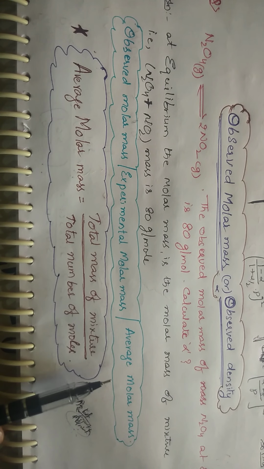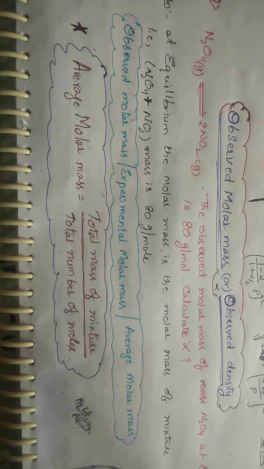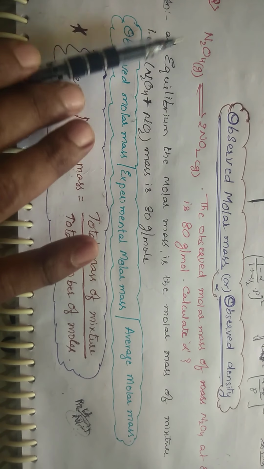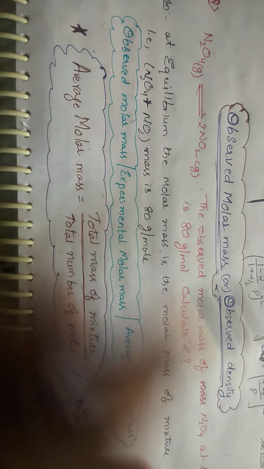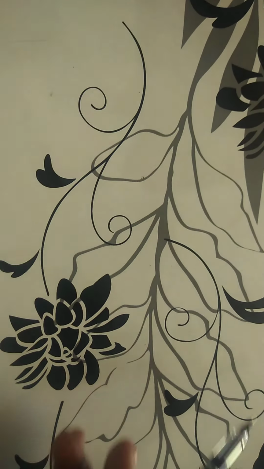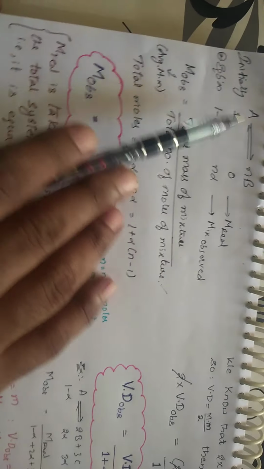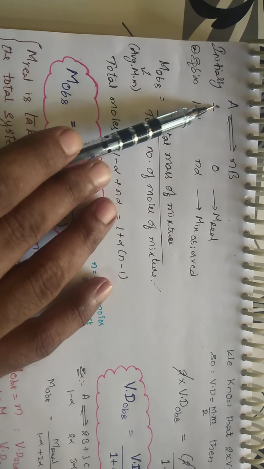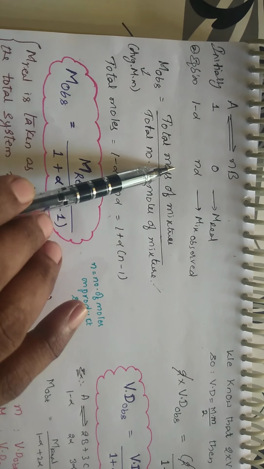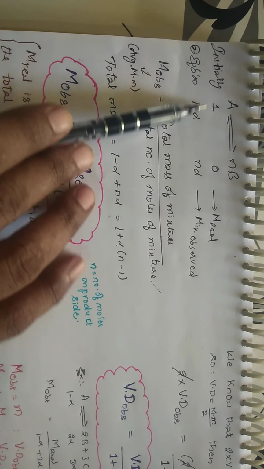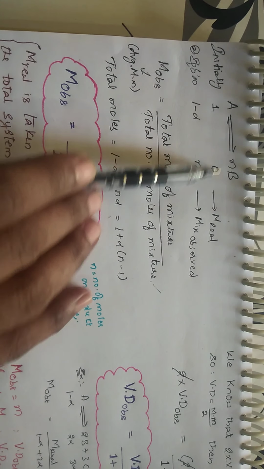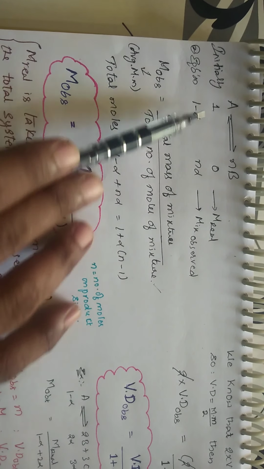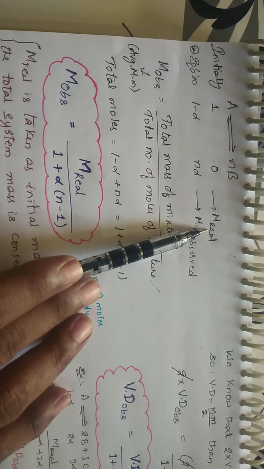And that weight, whatever you are finding at the equilibrium, is not the weight of a single component. It is the weight of both the components, products as well as the reactants. Right? Suppose you take one example, A is converting into n moles of B. Suppose initially I take 1, and for B it is 0. If it is 1 minus alpha, you will be getting n alpha. See, if you calculate here, it is 1 mole, right? Whatever the mass present will be equal to the molecular weight because it is 1 mole. The weight will be equal to the molecular weight. So this is taken as real mass.